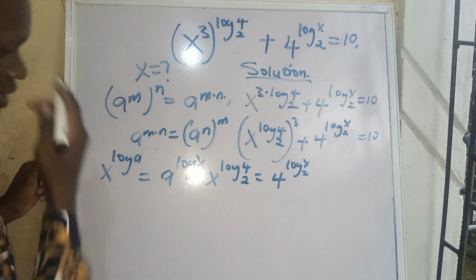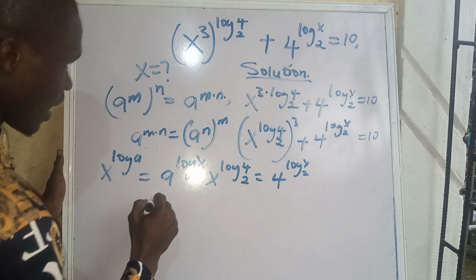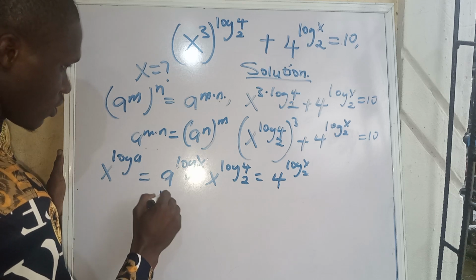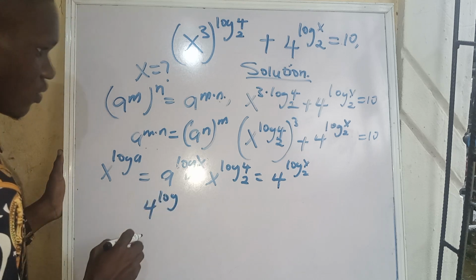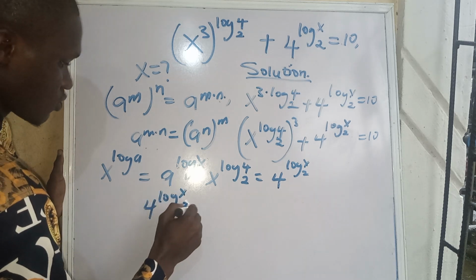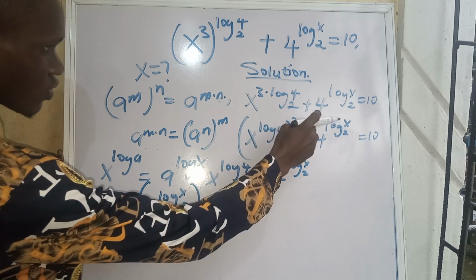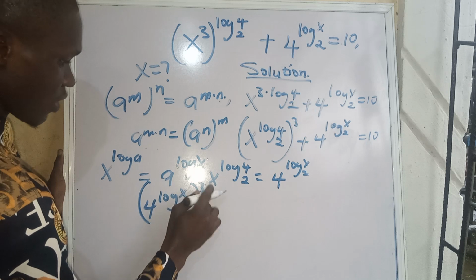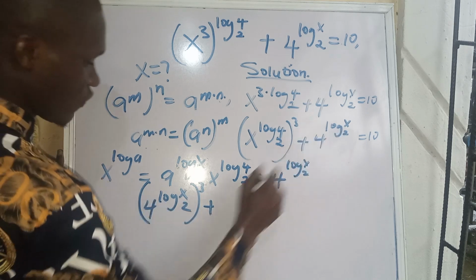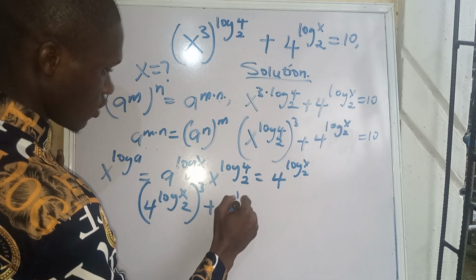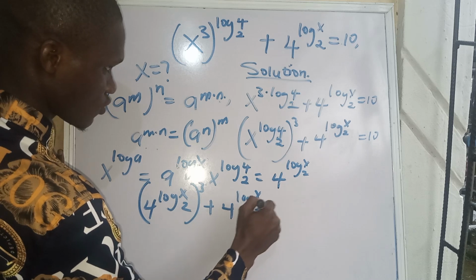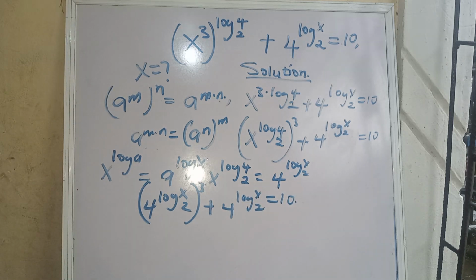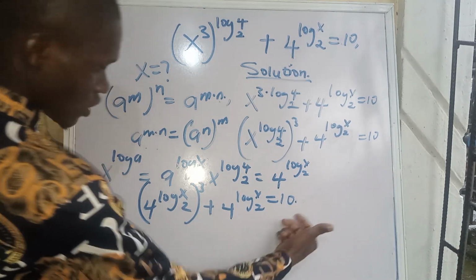So writing this, we are having 4 to the power of log of x to base 2, all to the power of 3, plus 4 to the power of log x to base 2, equals 10. Okay, since we've gotten this,